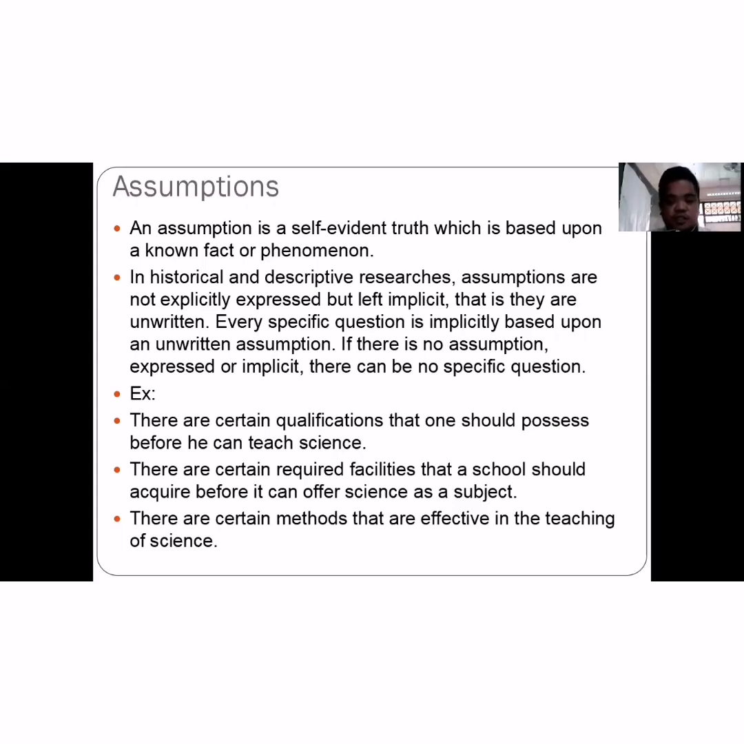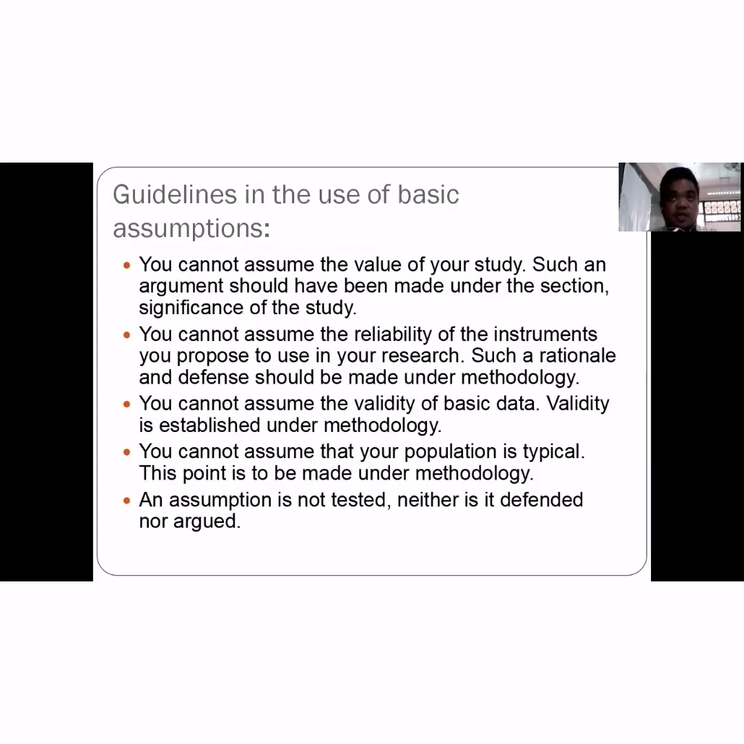Every specific question is implicitly based upon an unwritten assumption. If there is no assumption, express or implicit, there can be no specific question. Okay, next. So, guidelines in the use